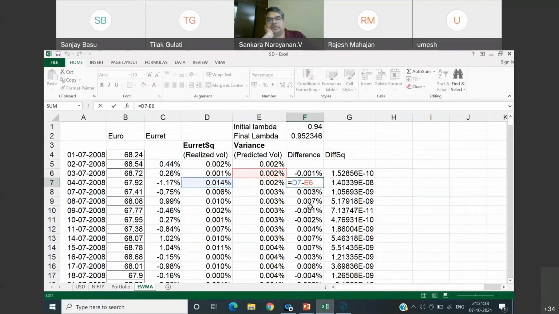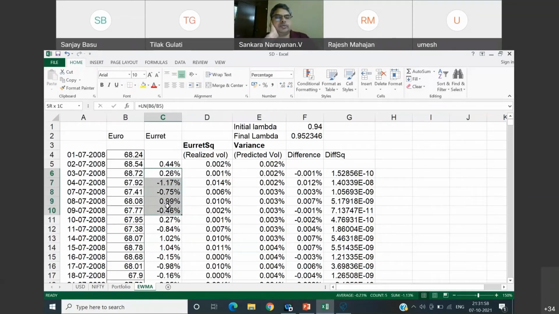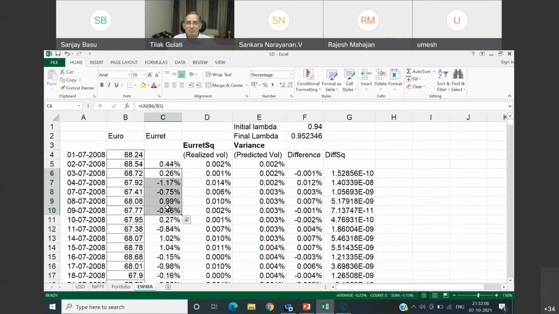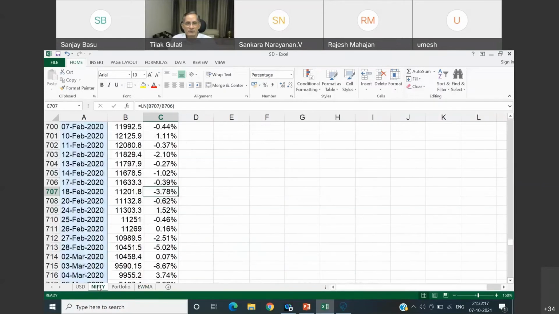Okay. And what I was able to show you is that when you get your volatility estimate based on what has happened in the market between yesterday and today, the bigger the market shock between yesterday and today, the bigger the volatility estimate. That is the benefit of this method. Let me show you the difference.